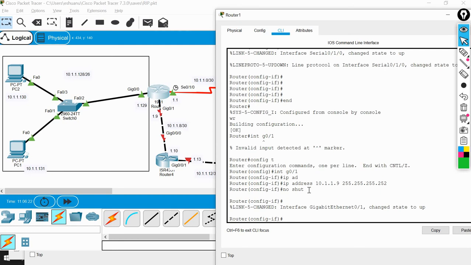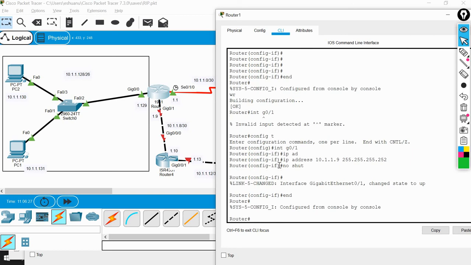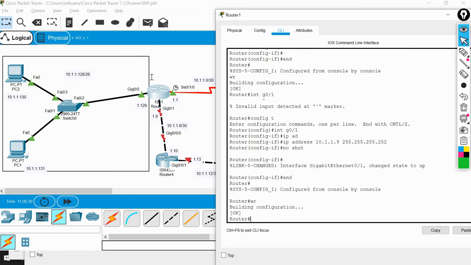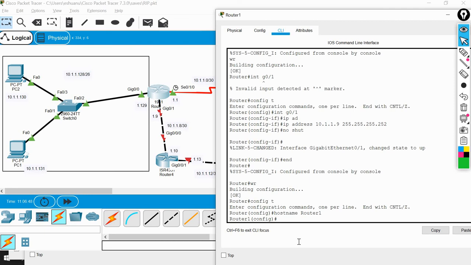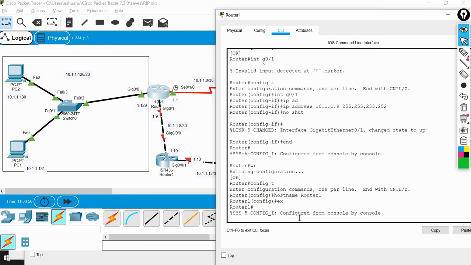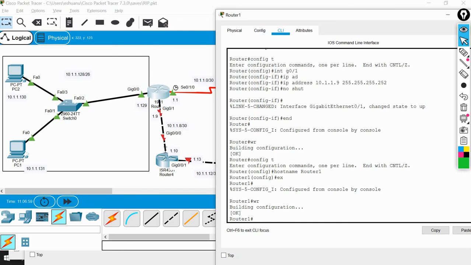And here it will be, this is done. So let me end it and write. I'm just trying to change the host name as well. This is our router 1, so let me change the host name so you do not get confused. Although it shows router 1 at the top, it will be really good if we change it here too. Here I'm going to use router 1. Now its name has been changed to router 1. Exit and write. So router 1 is done.